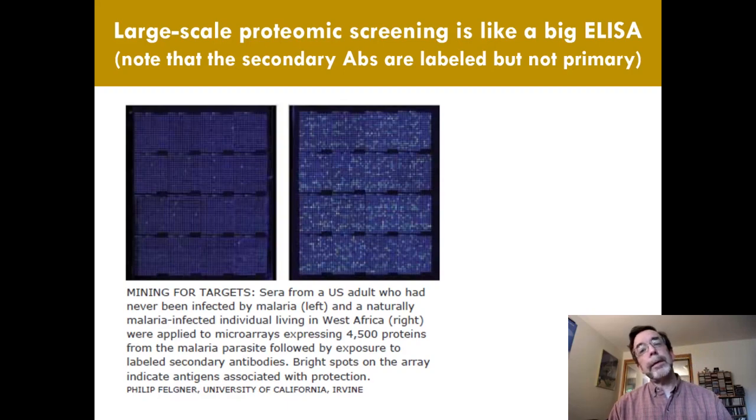And so, of course, the West African will have lots of antibodies to malaria proteins, right? Well, they took every single malaria protein, or at least most of them, 4,500 malaria proteins, and they put them on a chip. And then they took the antibody serum from the 2 individuals, and they put one of them over each chip. So the one on the left, you can see it hardly lights up at all. The one on the right lights up like a Christmas tree, because basically that individual has been exposed to malaria,